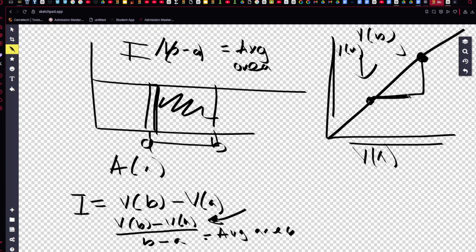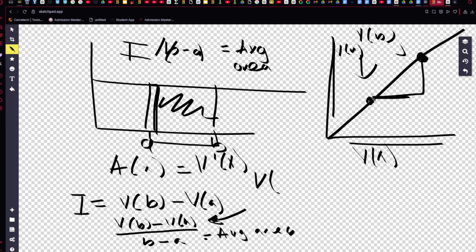So actually, if you find the difference between these two, we are simply finding the slope. Of course, here it's a linear line, so that would mean that the instantaneous slope is equal to the average rate of change. So in this interval, there are infinite points where c is equal to the average, but we will ignore that because that is a little bit illogical right now. So the mean value theorem states that the derivative of a function, and a of x is just equal to v prime of x, states that